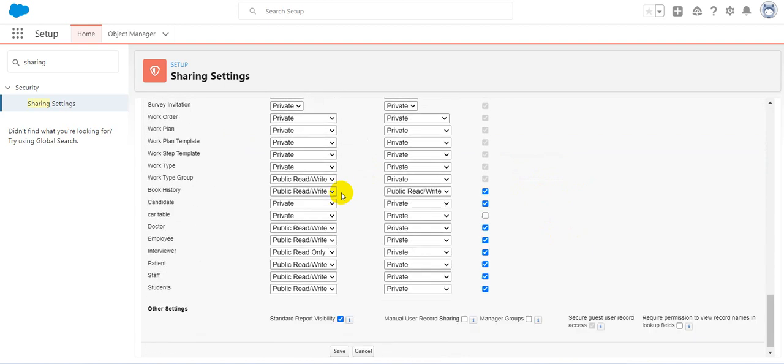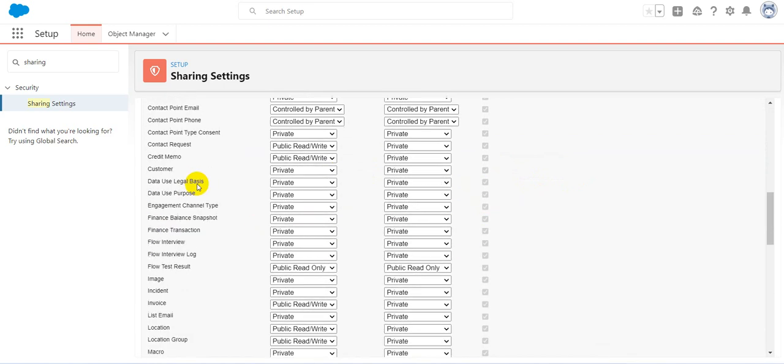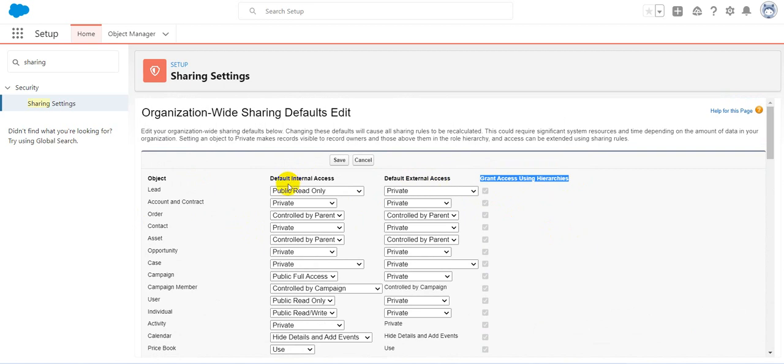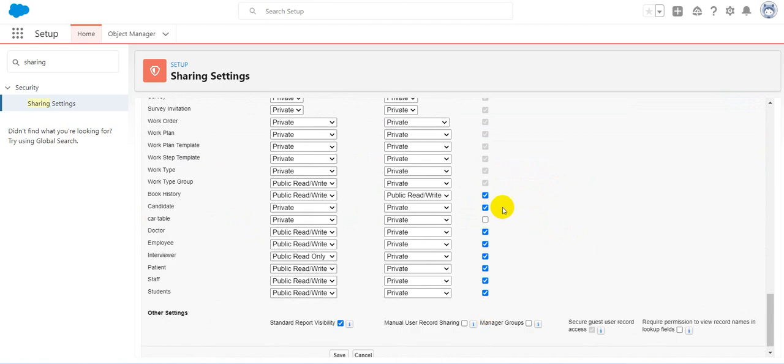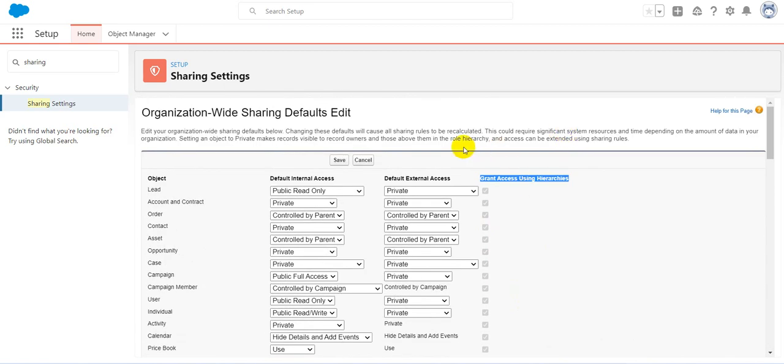I am going to mention this grant access using hierarchy. But as you can see, we can give grant access using hierarchy for custom objects, not standard objects. If you save it,